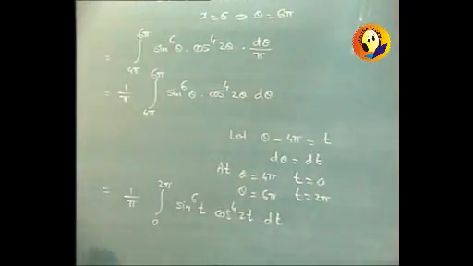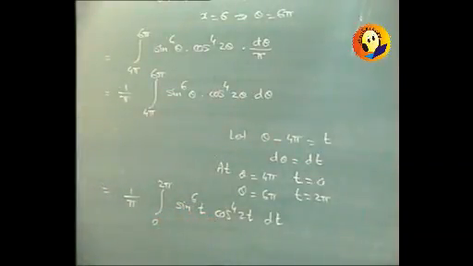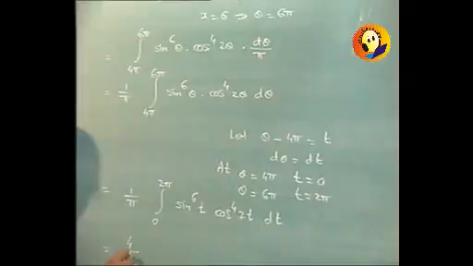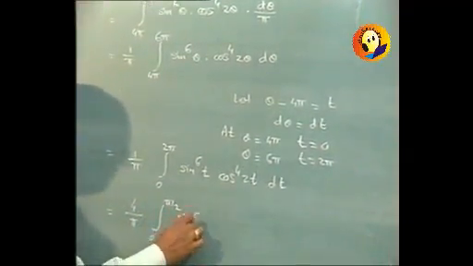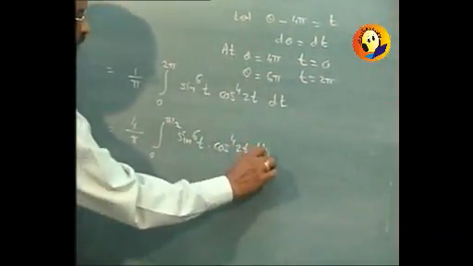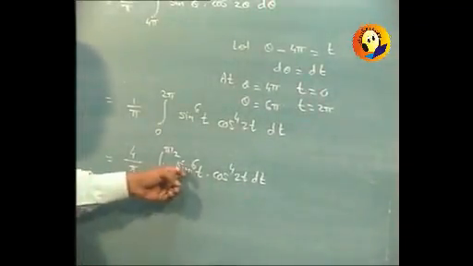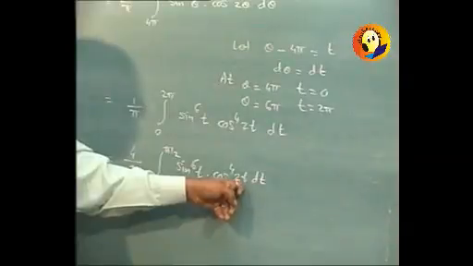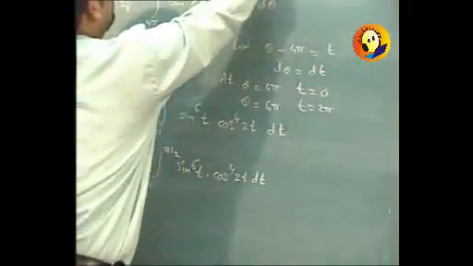Now between 0 to 2π, whenever we have even powers of sin or cos, then we can straight away make it 4 times 0 to π/2. So this can be written as 4 times 1/π integral 0 to π/2 sin^6 t cos^4 2t dt. But this is not sin^m x cos^n x, this 2t has to be substituted, and so we will go for